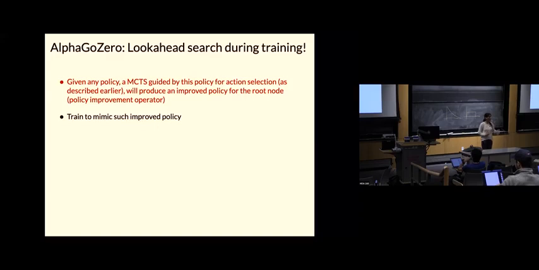However, what we are going to be doing at training time is using the current policy and value networks to guide the Monte Carlo research process in a similar fashion to how we guided it at the test time of AlphaGo. Now you need to understand that although in AlphaGo at test time the value networks and policies were awesome because you had pre-trained them, here in the beginning they're going to be random, because you will initialize the policy and value randomly.